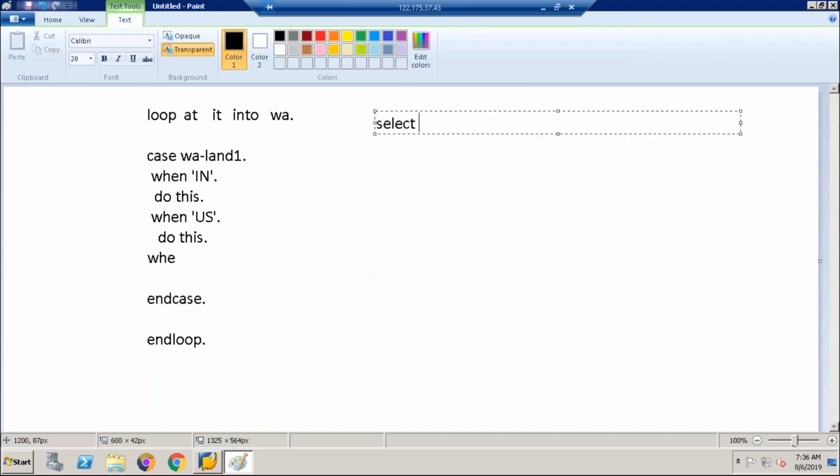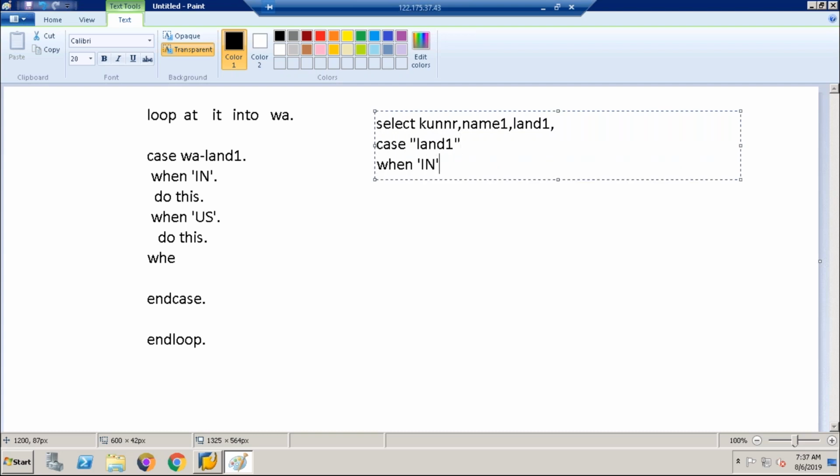Select field1, say kunnr, name1, land1. Then here we need to write case land1. Case is compulsory. Here also we are writing case, but we are writing it within the select statement. Case land1, when IN, then do this.